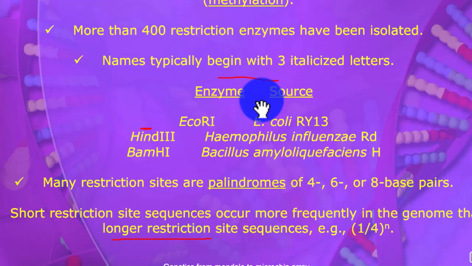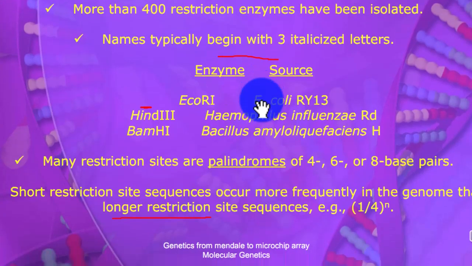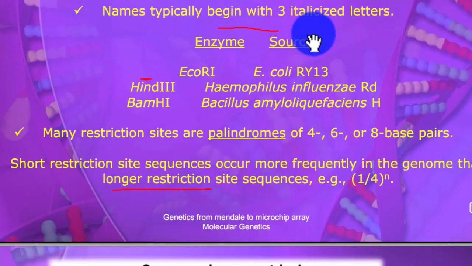and more have been discovered and isolated. Names typically begin with three italicized letters, the enzyme and its source. For example, EcoR1. The source is E. coli, RY13. Hind III: Haemophilus influenzae Rd. BamH1: Bacillus